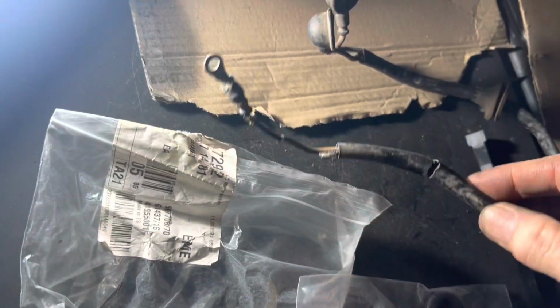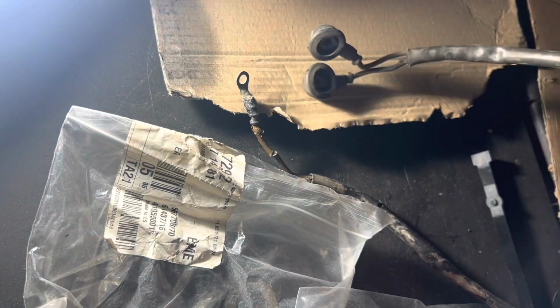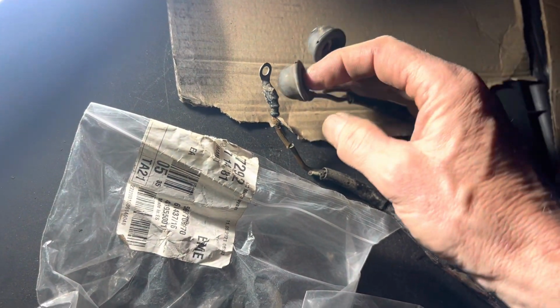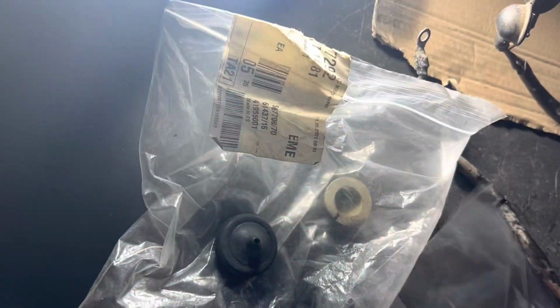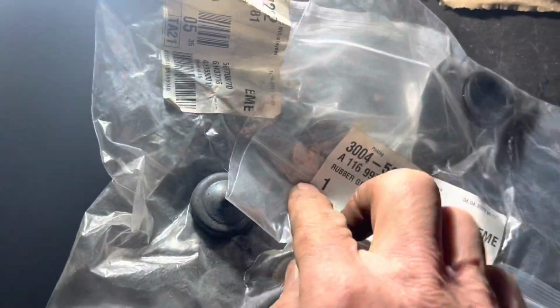So these are the wires that are on the car at the moment, and these are the wires from the parts car. You can see they've still got the rubber cap on. What we're just going to do is replace this grommet. Now it looks like one of these grommets here, but it's not. It's a special grommet, and that's the part number there,